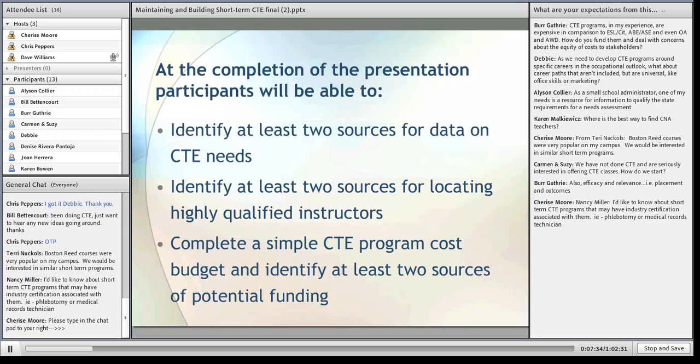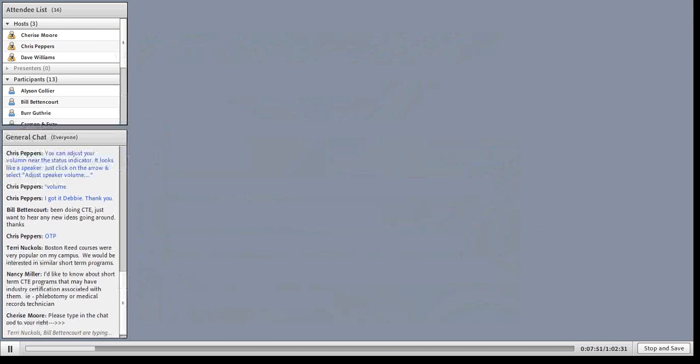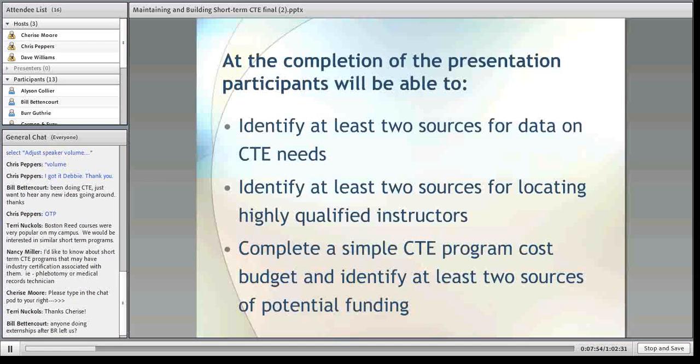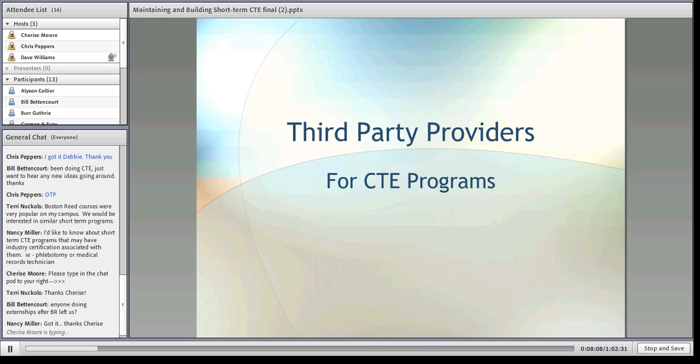Placement and outcomes, very good. Relevance, all part of determining the overall components of a CTE program. Yes, we're going to try and cover some of those, although it'll be on a general basis rather than a specific basis, because there are so many possible CTE programs. But we are going to talk about some of them, particularly in areas that require certification and licensing. Some of you indicated that you were looking for replacements for third-party providers, as we are in terms of the Boston Reed